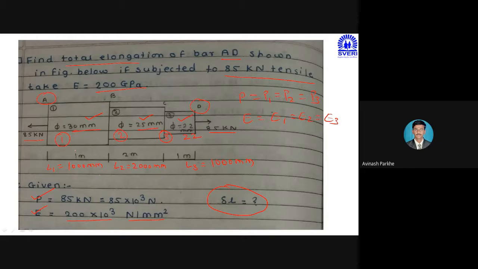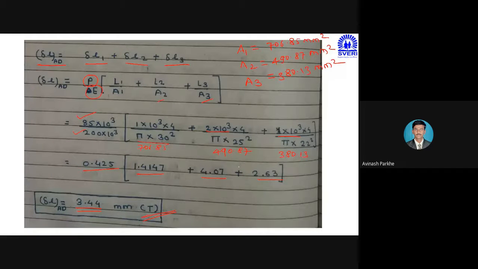Then at the bottom side, lengths are given, L1, L2, L3, but all the lengths are given in meters. So at the bottom side itself, I have converted them to mm: section 1, L1 is equal to 1000, section 2, L2 is equal to 2000, and section 3, L3 is again 1000. Then again, only one Young's modulus means all three sections are made of a single material only. Therefore, this is the calculation.